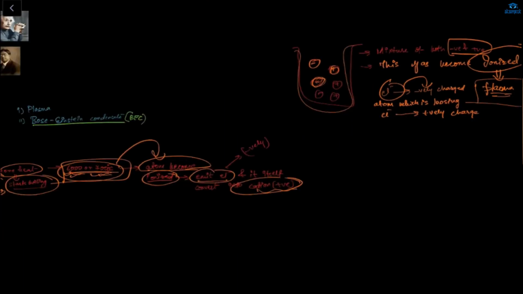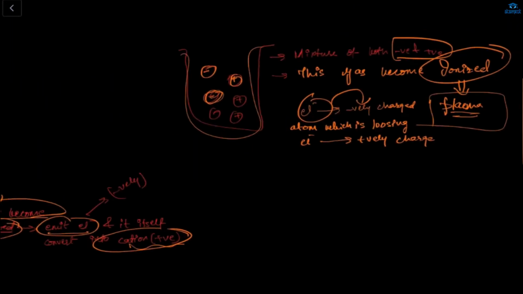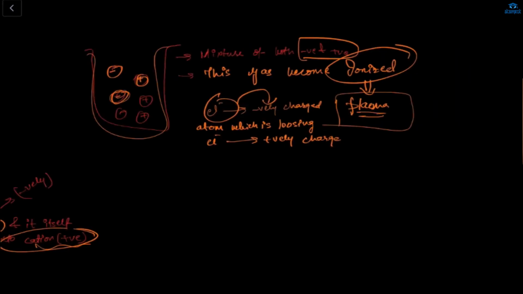So what will happen? If we heat it up to 600 to 700, the atom will become ionized, meaning it will emit the negative part. So in this beaker, here is the negative part and also the positive part, right? So this beaker will be the mixture of both the ions, the negative ions and the positive ions. So this gas becomes ionized, and this whole process, the ionization process, is known as plasma. In a simple way, we can say that ionized gas is called plasma. And what is ionized? The mixture of the positive and the negative ions.